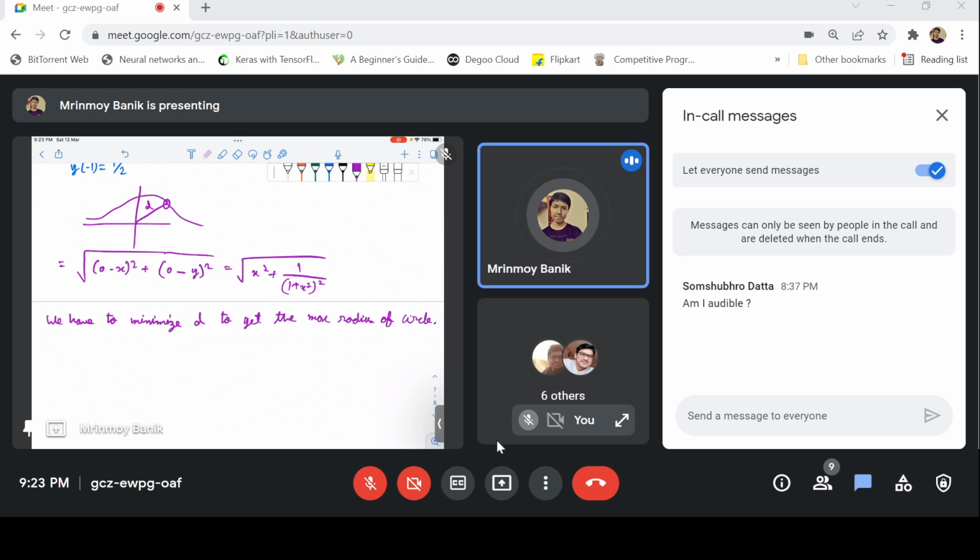So here d is a function of x. We can directly differentiate d now to minimize it, but I guess we try to simplify d first. So d is minimum if and only if, we can square it first. Since square root is a strictly increasing function, this is minimum if and only if,